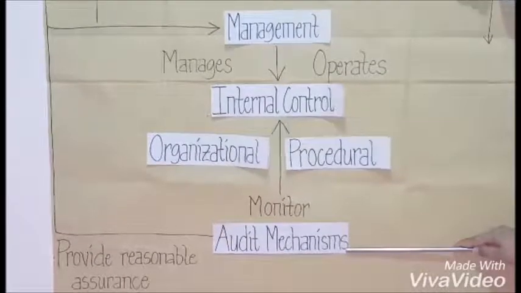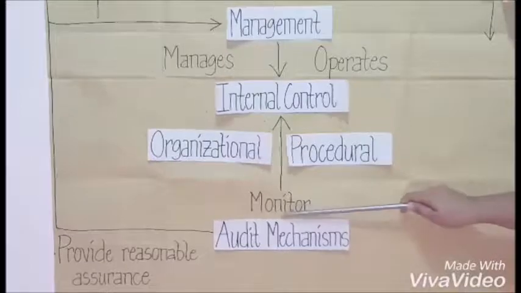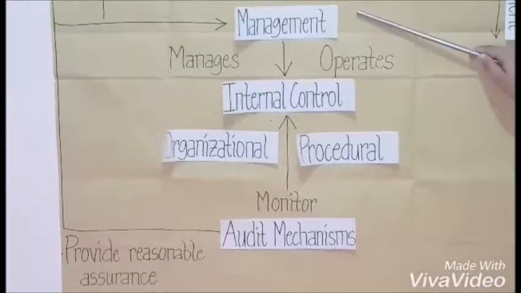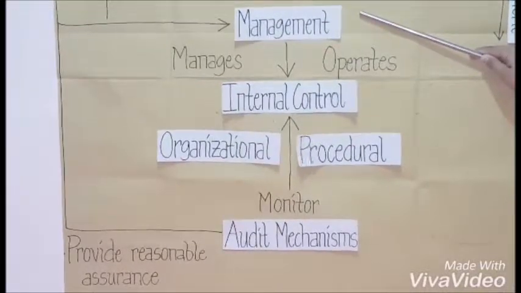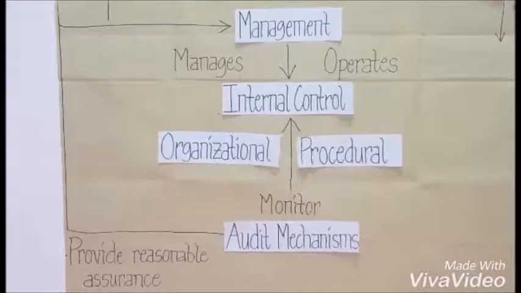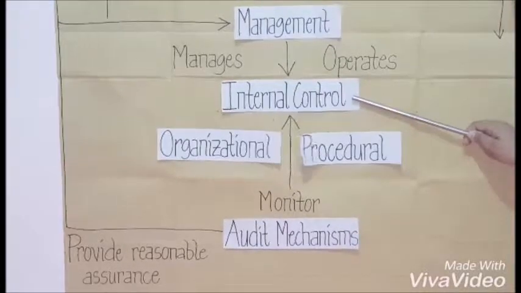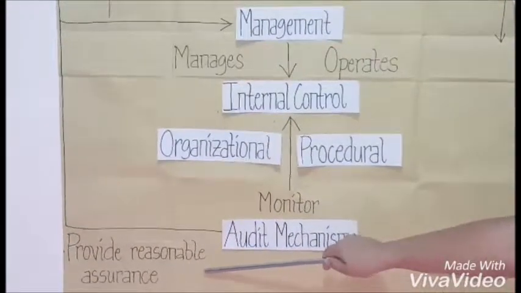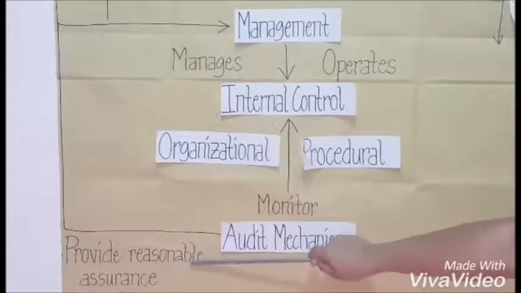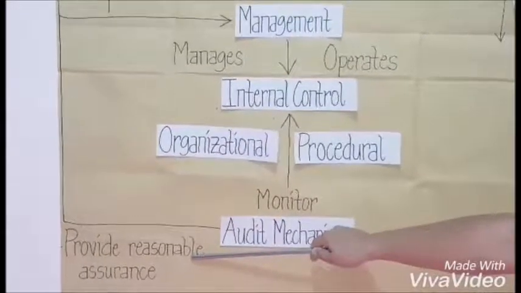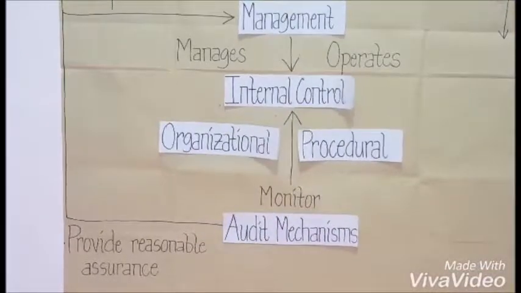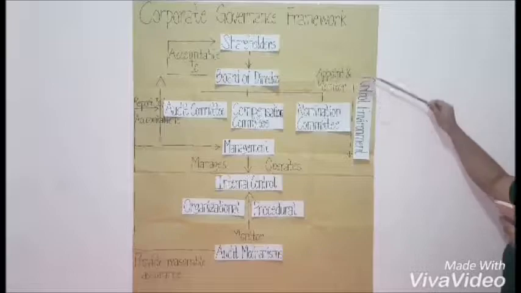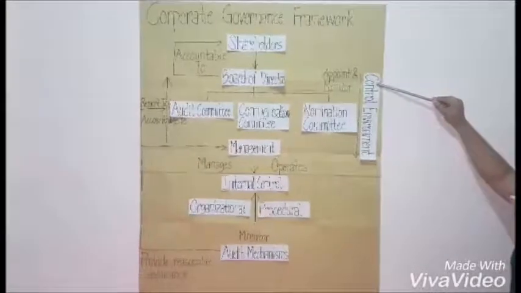And with that being said, it is the responsibility of the internal auditor to monitor and test the internal controls' efficiency and effectiveness, and to ensure that management acts in compliance and conformity to predetermined standards. After having an assessment and monitoring of the internal controls, the internal auditors can only provide reasonable assurance, not absolute assurance, that the objectives of an organization will be met. The concept of reasonable assurance implies a high degree of assurance constrained by the cost and benefits of establishing incremental control procedures. And lastly, the control environment is the foundation on which an effective system of internal control is built and operated